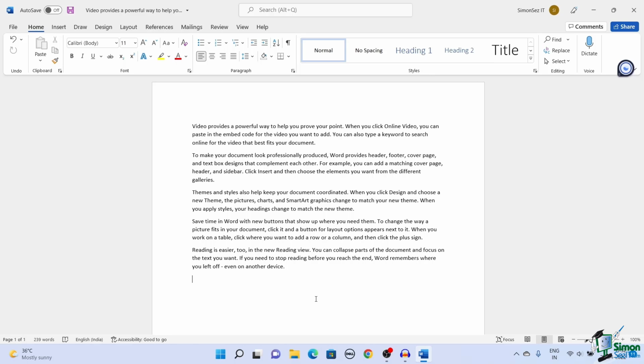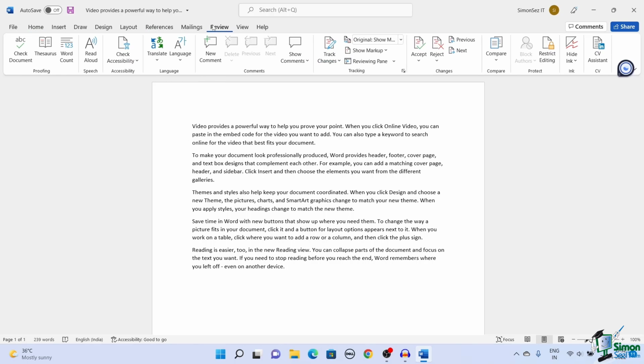In Word, you can easily track the changes made by you or others. As the document owner, you can also accept or reject the changes made by others. To do this, you need to first turn on the Track Changes feature. Open any Word document and click on the Review tab. Go to the Tracking section and click on Track Changes, or you can use the keyboard shortcut Ctrl+Shift+E to start